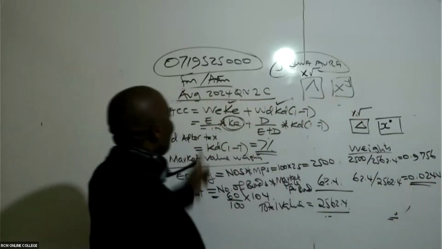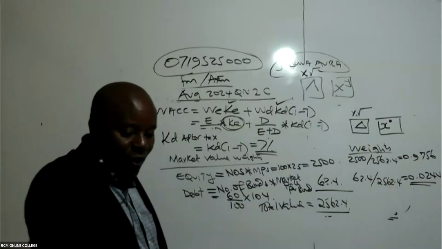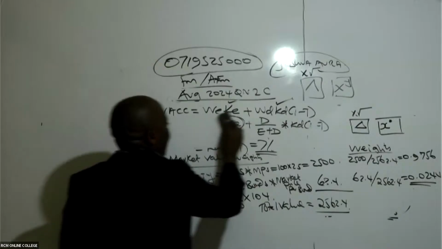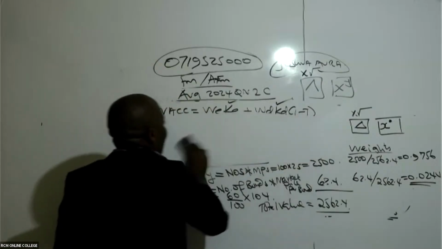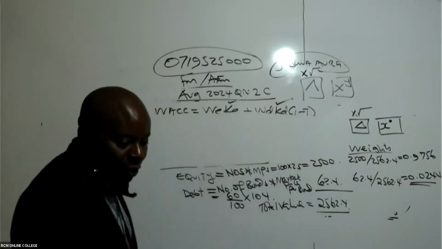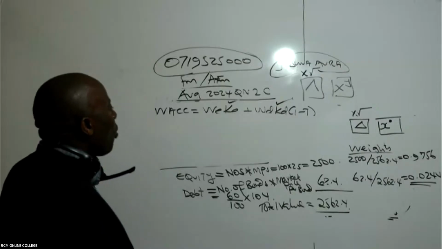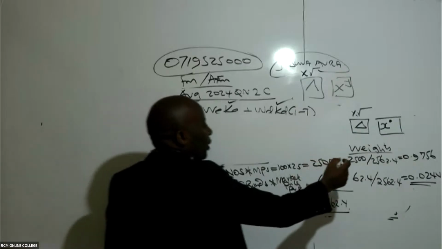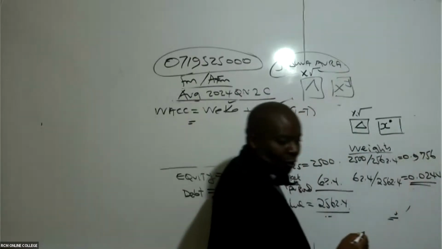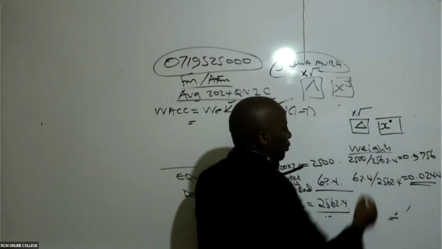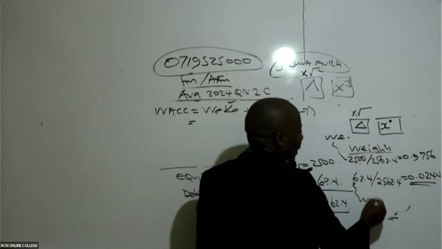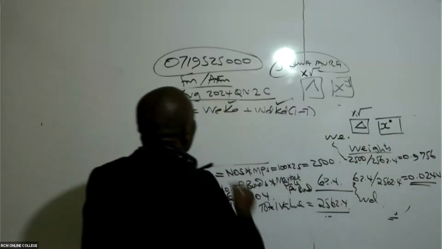Now, please come back to this WACC. So the weight of equity we know. The first one is the weight of equity, and this is the weight of debt. The weight of equity now we know is